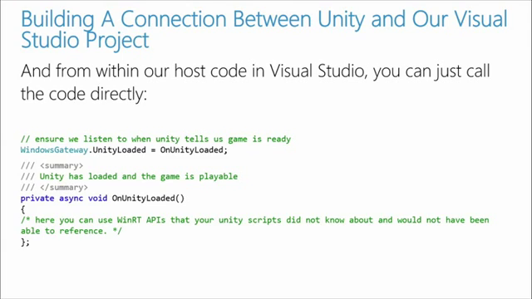We can say Windows Gateway.Unity loaded, and assign it a function that'll get launched when that action occurs. So it's a lot like an event handler. Right? So you're setting it up to basically listen for this action, the action fires, and you're going to launch this code that's inside of your handler function, if you will. So why don't you go ahead and fire that up, and we'll do a quick overview of the direct connection